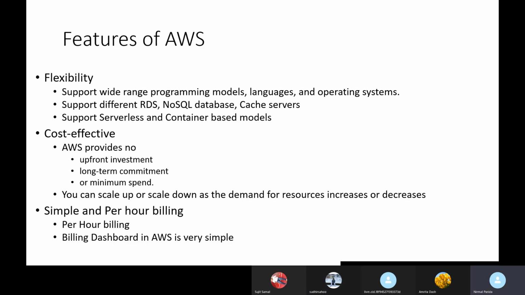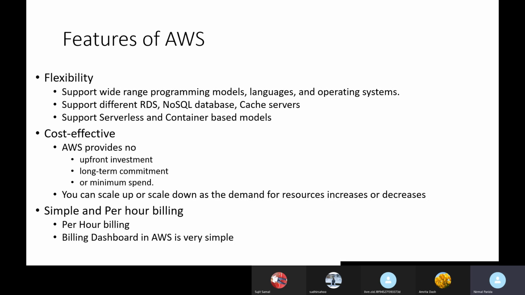What are the features of AWS? One is flexibility. Flexibility means it supports a wide range of programming models, languages, and operating systems. The popular programming languages and operating systems in the market are all supported by AWS.